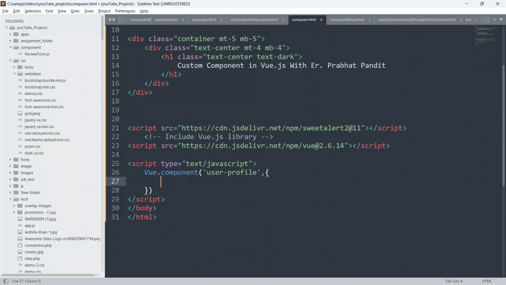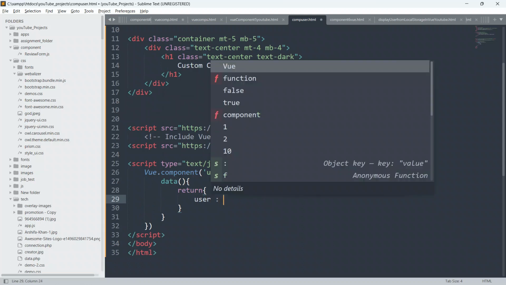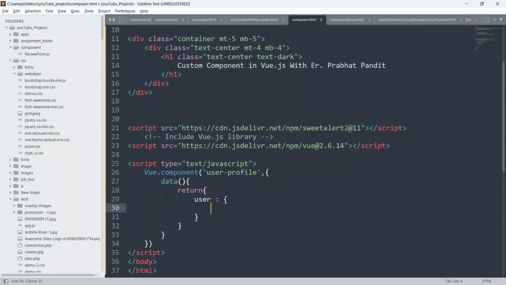So now I am going to define the data function first. The data function will return all the properties. So return. And now I will create a user object. So give user colon, and I will give name also.